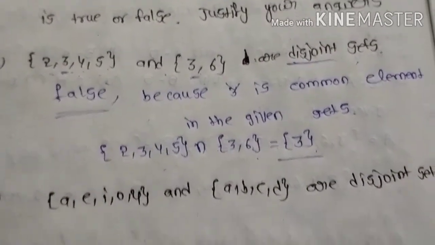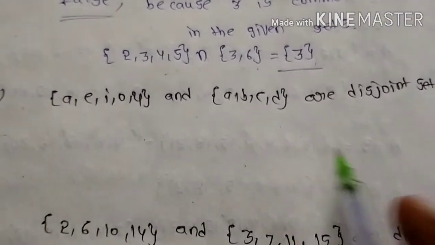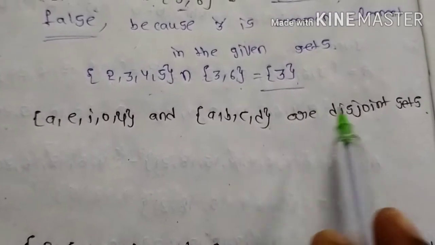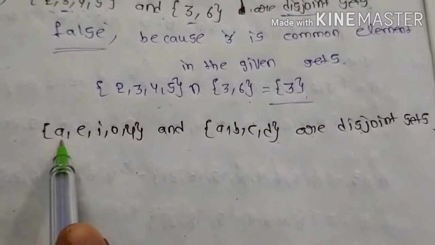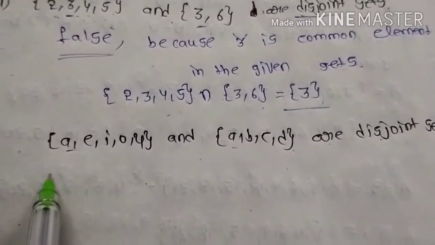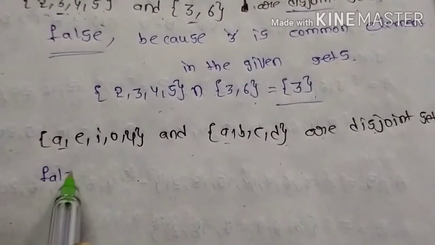It is false only. Once again, one more question you can see here: {A, E, I, O, U} and {A, B, C, D}. Can you say directly they are disjoint sets or not? A is common in both the sets or not? Yes. So this is also false only. Your solution is false